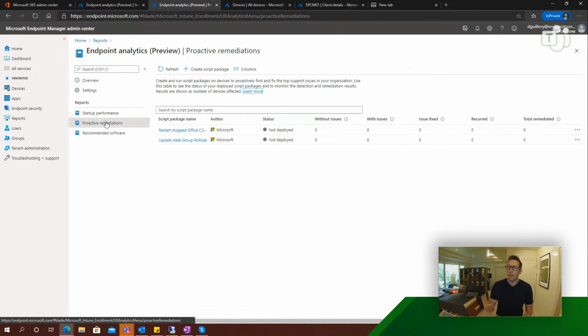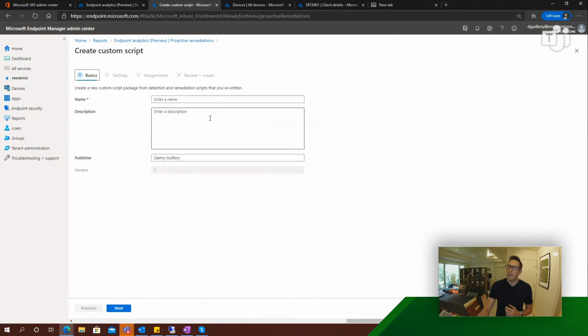I can also do proactive remediations. One of the things that we found when we started to roll this out inside of Microsoft was that some very simple scripts could solve a lot of problems. So here I can create a script package, and I can then deploy that script package out to my environment,